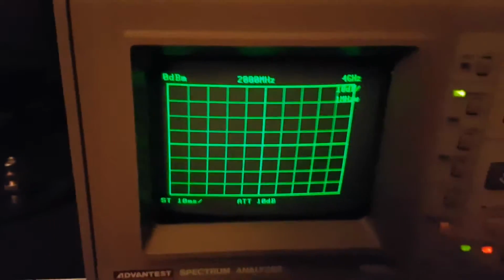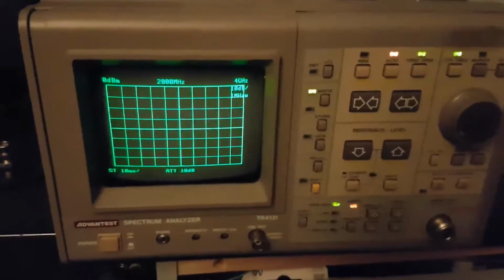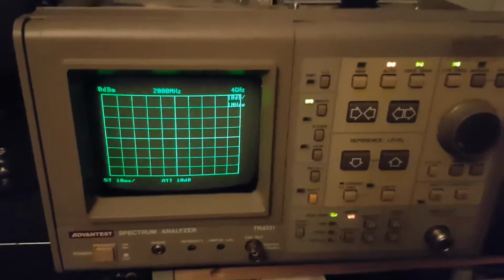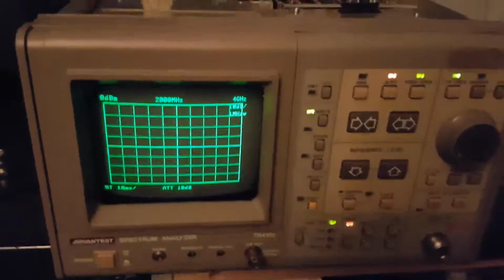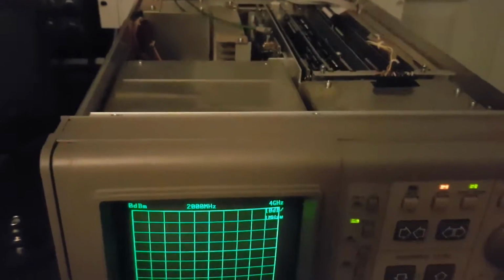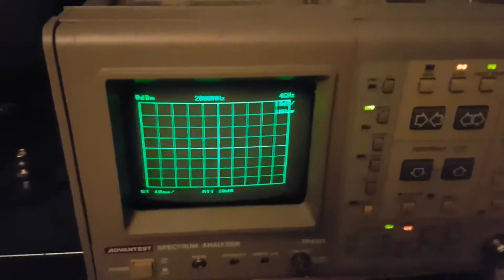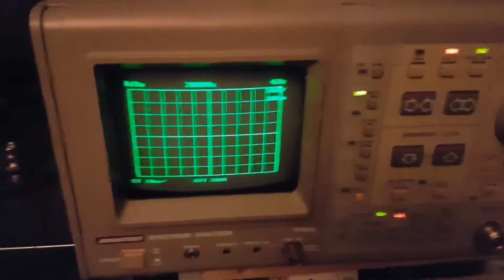Now I've no details on this TR4131, nothing at all, no user manual, no block diagram, no schematic. I've had a look inside, reseated all the boards, had a look at them, can't see anything obvious. So what I've done,